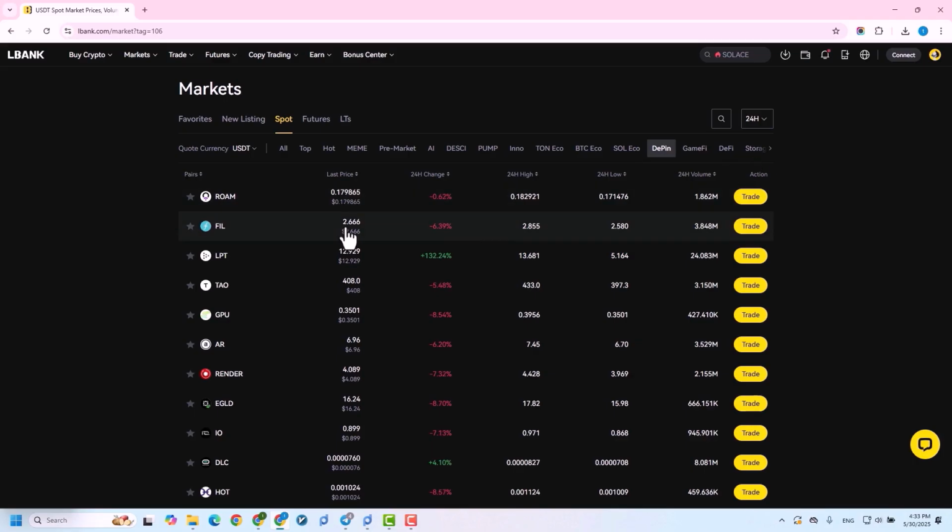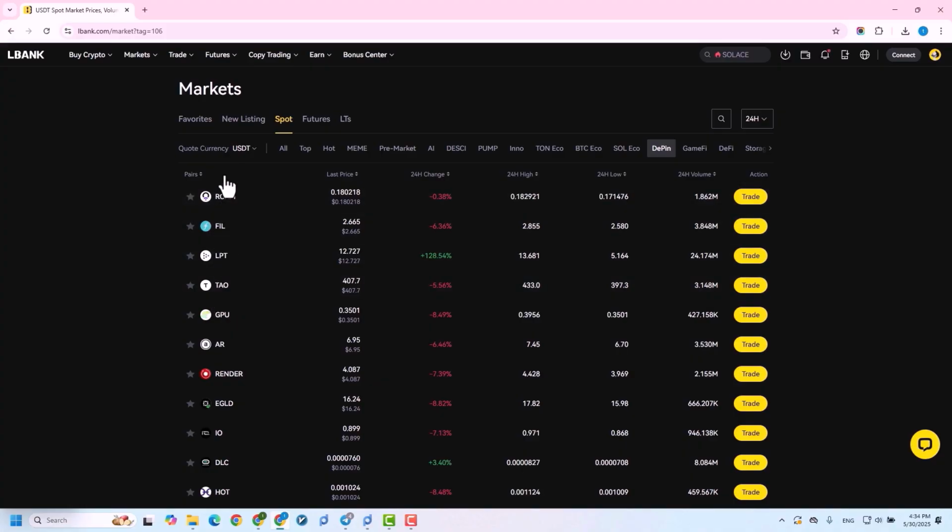These filters help you more easily find projects that are relevant to your area of interest. The market section in the LBank Exchange is a powerful tool for analyzing market conditions. By using precise categorization, various filters, and real-time data, you are able to gain a better understanding of investment or trading opportunities. In the table you see, the pair section refers to the trading pairs and displays the full name